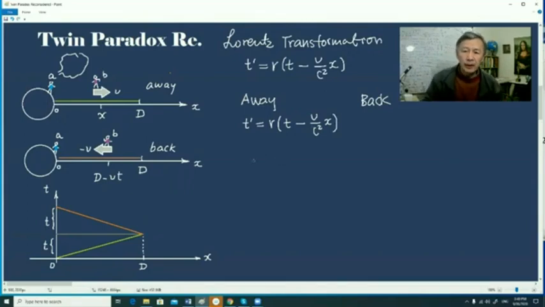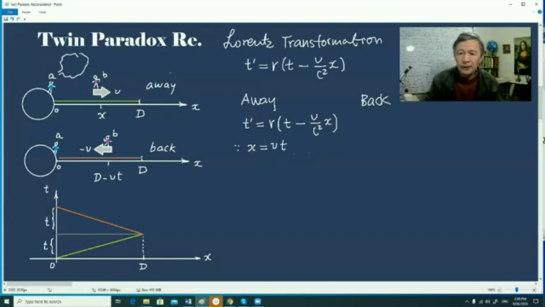Step two is to recall that the coordinate x can be simply written as the velocity times his local time, because in this case observer A always uses his own